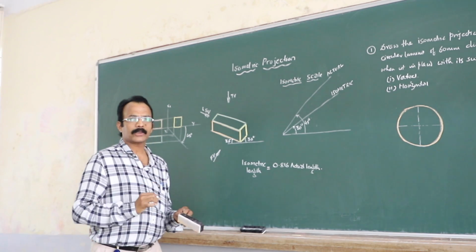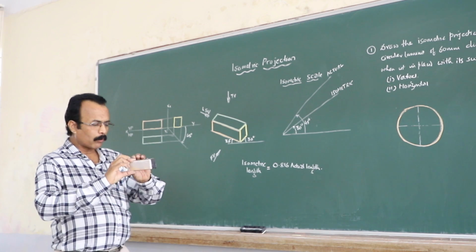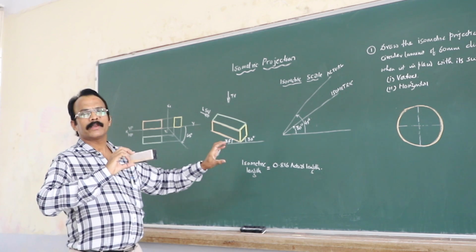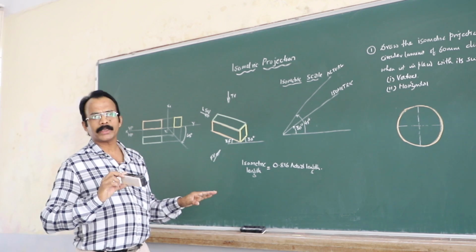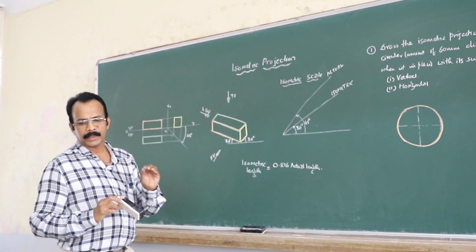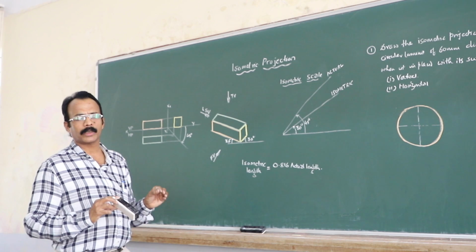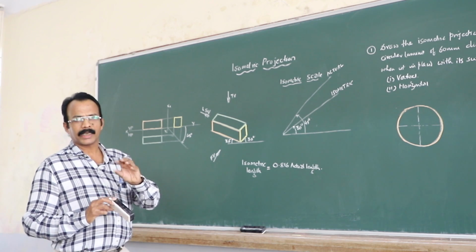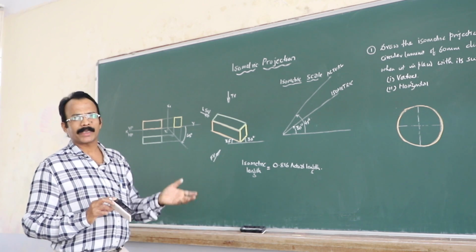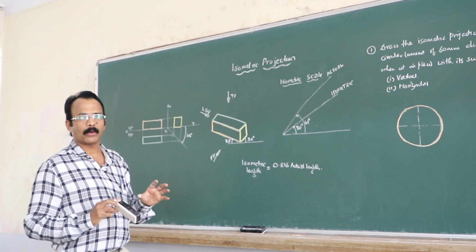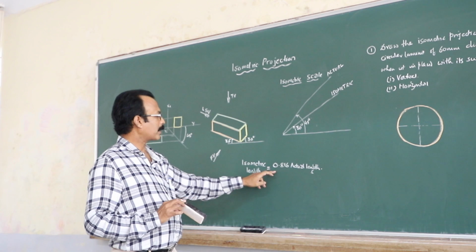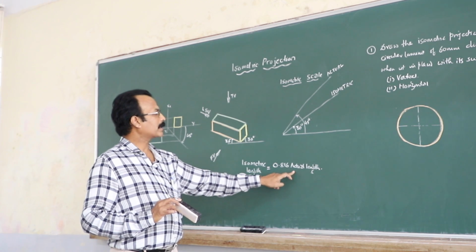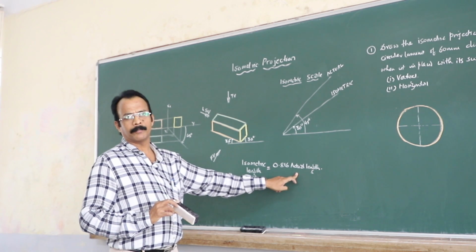So, in case of isometric projection, whatever we are going to draw will be reduced, it will be foreshortened. And how much is it foreshortened? See, in the KRG textbook, the derivation is there, but from an exam point of view, you need not worry about that. You can just remember that isometric length is equal to 0.816 times the actual length, right?